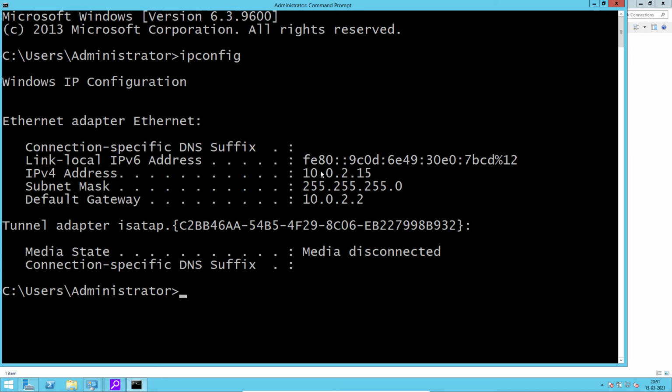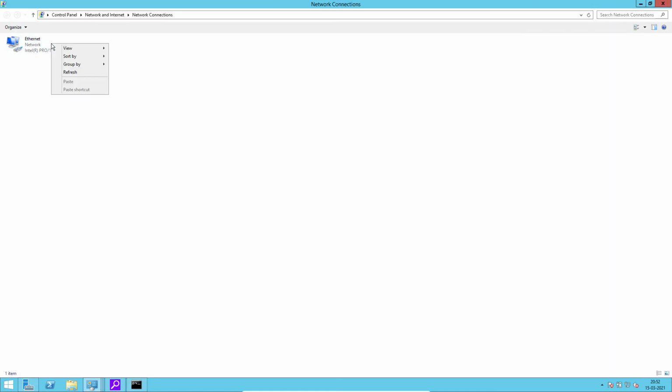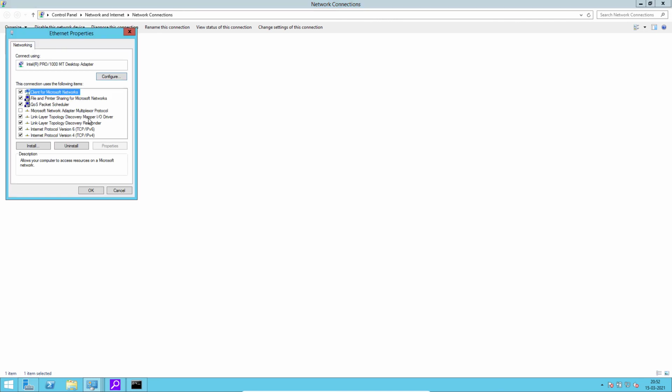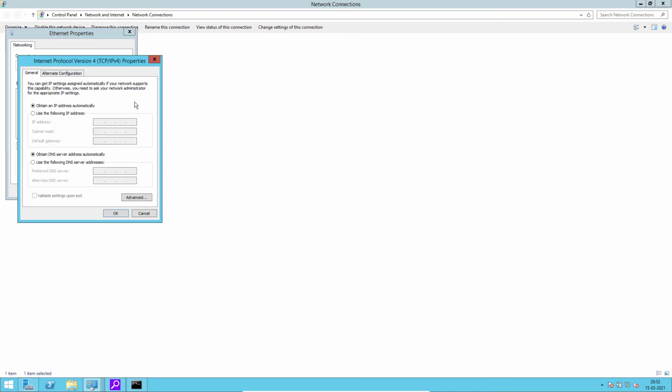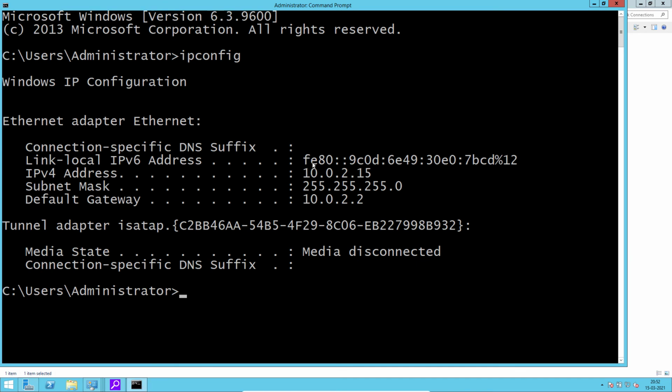So this is my IP 10.0.2.15. So what I am going to do, I am going to statically assign this IP to my server. So what you have to do, right click here, then properties, then here you have to go IP version 4. Either you can double click it or you can click here properties. See, right now it is taking automatically. We don't want that. We want static IP. So click here, use following IP address. Check here which IP address is there and give that same IP 10.0.2.15.